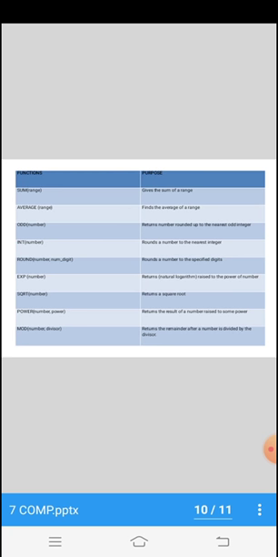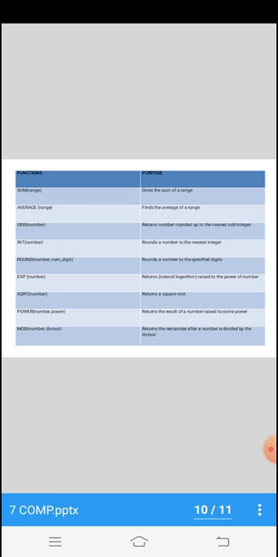Here are some functions and their purpose. SUM(range) gives the sum of a range. In the range we have to give the arguments, from which cell to which cell. It will take the arguments and give us the sum of all those cells. AVERAGE(range): the purpose is to find the average of a range.